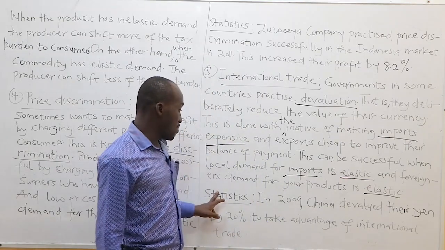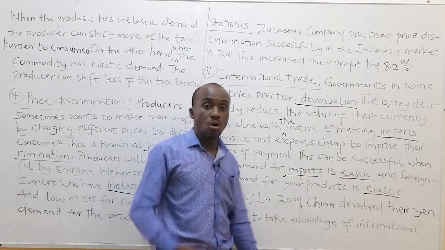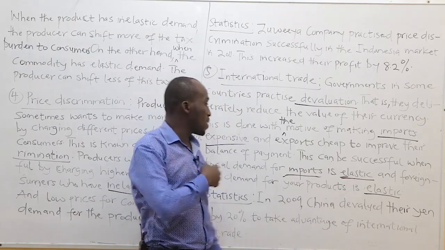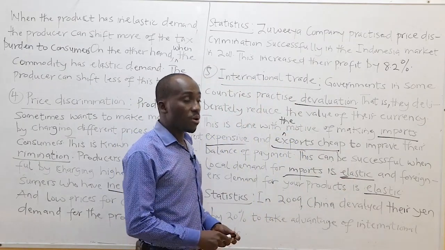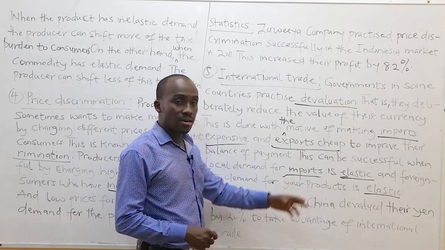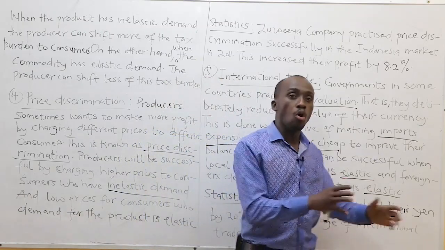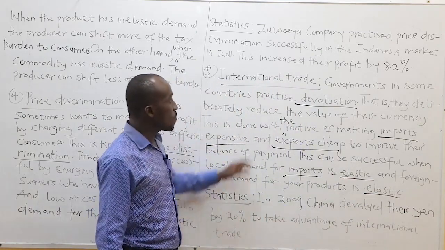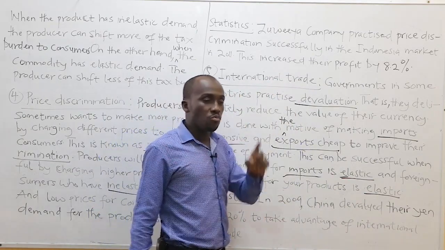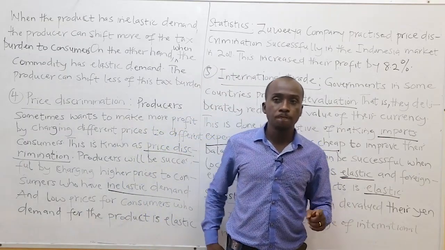Two, foreign demand for my product. I take my goods outside also. Devaluation is supposed to make my exports cheap. So if foreign demand for my product is elastic, when it's cheap, they will buy more. So we see China in 2009 devalued their currency. So if you want to practice devaluation,